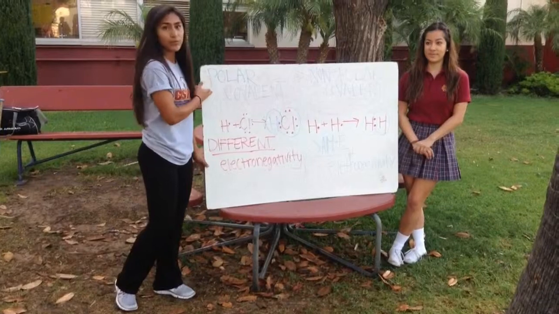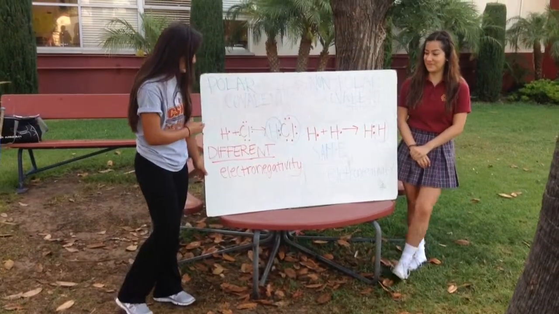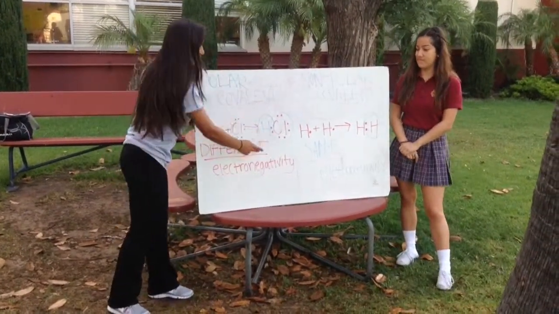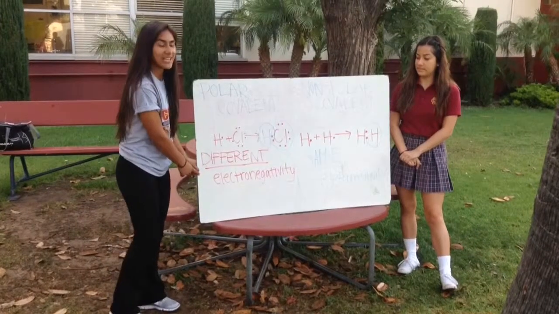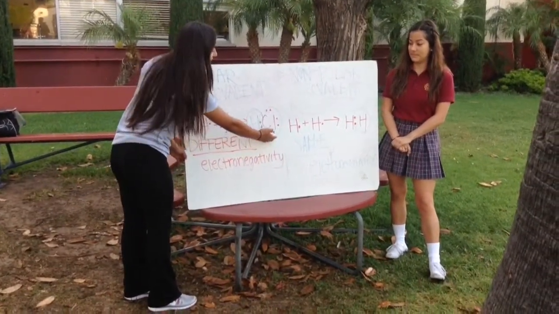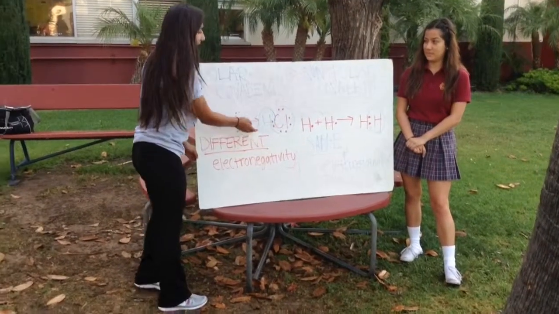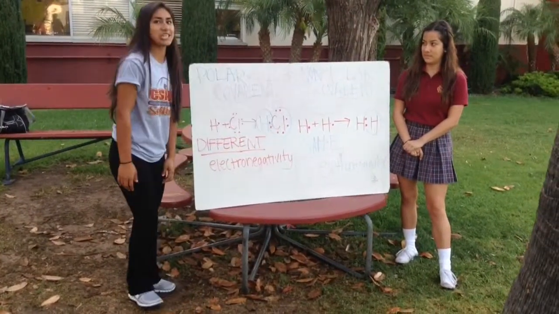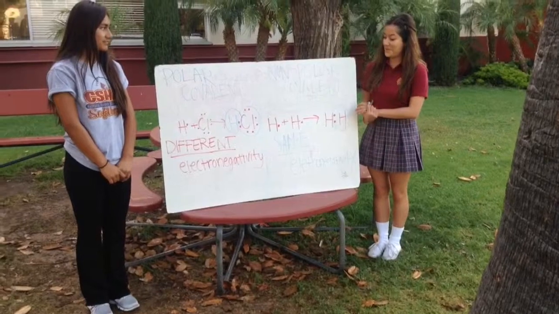So a polar covalent bond is when two elements have different electronegativity but still make each other happy. So the Cl has a higher electronegativity than H, but they still make each other happy. And non-polar covalent bonds have the